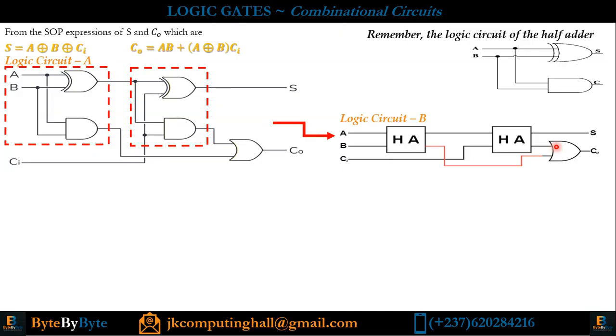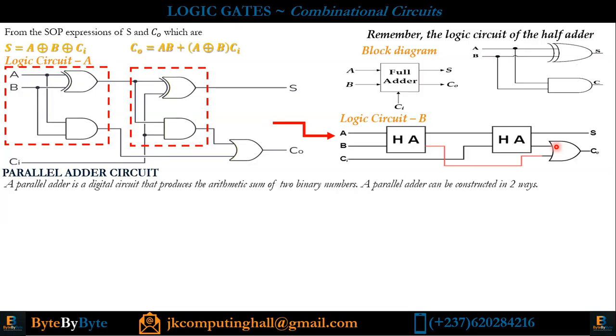Good. What about the block diagram? The block diagram of a full adder is represented as you can see. At this level, you have three inputs A, B, and Ci because those are the three entering into the full adder. Another student could just put FA. You are correct. And we have our two outputs S and CO. Please pay attention. Do not confuse Ci and CO, because CO is considered as the output, C out, whereas C in is considered as the input. And the direction of the arrows matters a lot. The arrows entering into the block are the inputs, and the arrows leaving the block are considered as the outputs. Good.